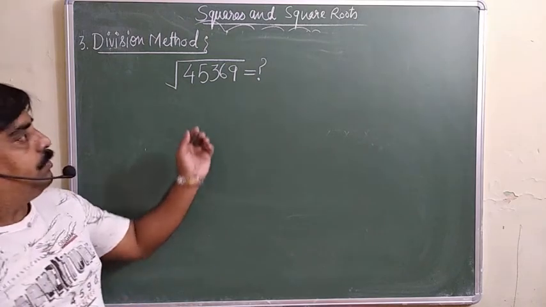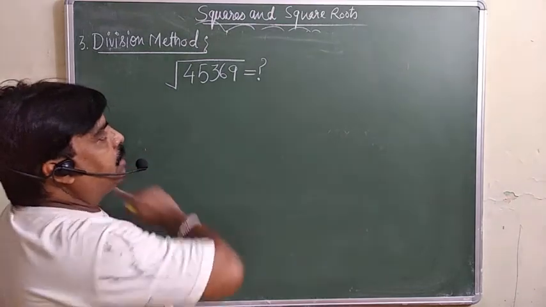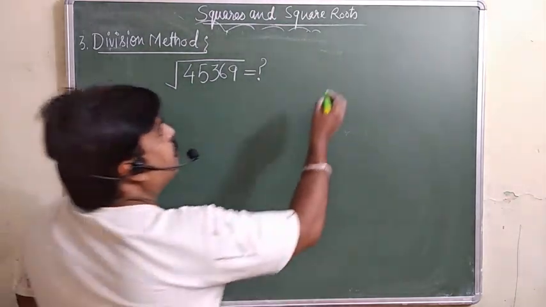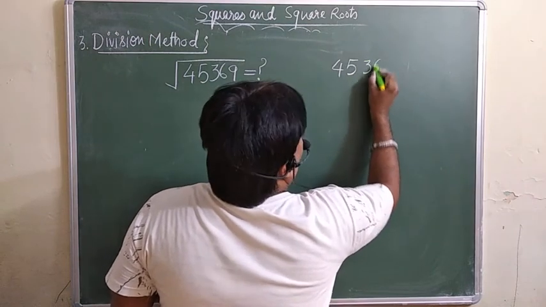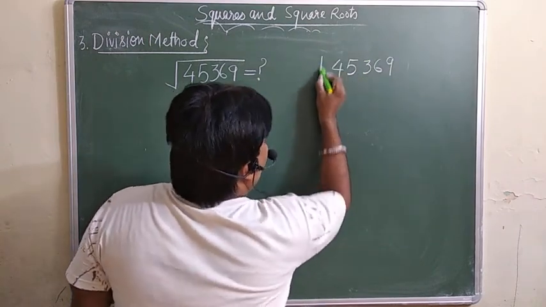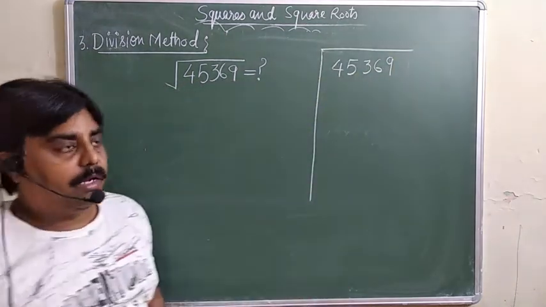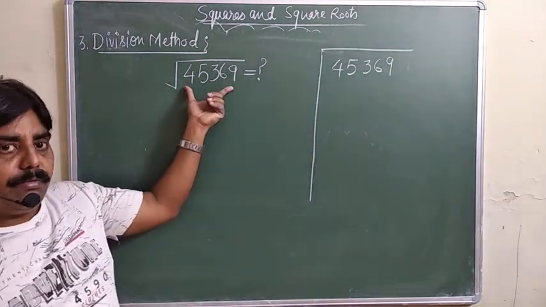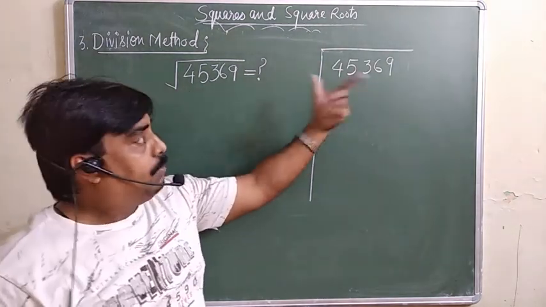Now we will discuss the division method. That's the traditional method. Here, try to understand. इसको थोड़ा समझिए. Let's say you want to find the square root of this number 4, 5, 3, 6, 9. According to this traditional method, you are supposed to make the pair. हमको यहाँ क्या करना? Pair बनाना है. This number is without a decimal point. Later on we will take a number which will have a decimal point. वो बाद में discuss करेंगे.